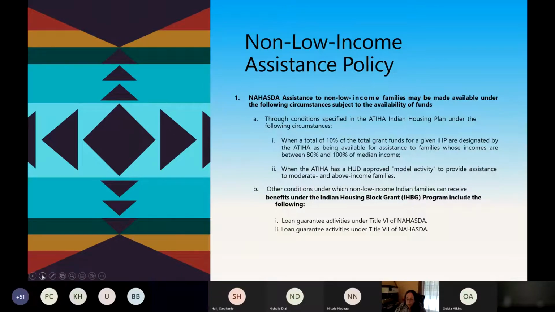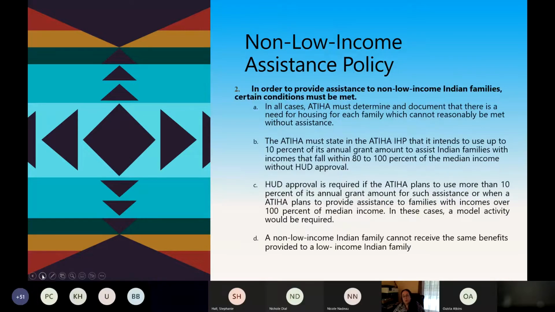Or when you have a HUD-approved model activity to provide assistance to moderate income or above income families. Other conditions under which non-low income Indian families can receive benefits under the IHBG program include loan guarantee activities under Title VI of NAHASDA and Title VII. So in order to provide assistance to non-low income Indian families, certain conditions must be met. In all cases,